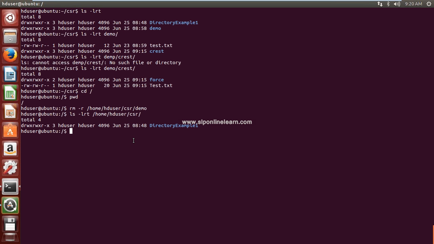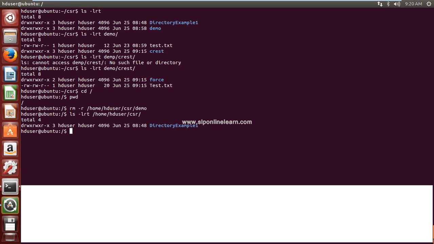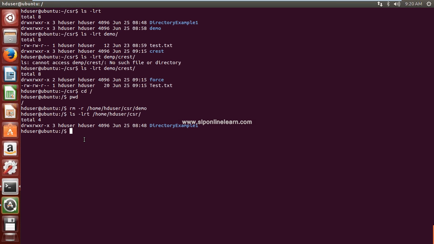Suppose if you apply only the rmdir command, it deletes only the directory which is already empty, only that particular directory will be removed, no problem. But if you use recursive, it keeps on deleting till the last child.